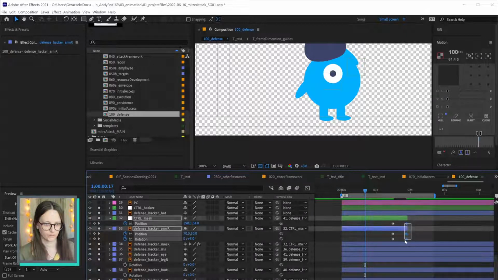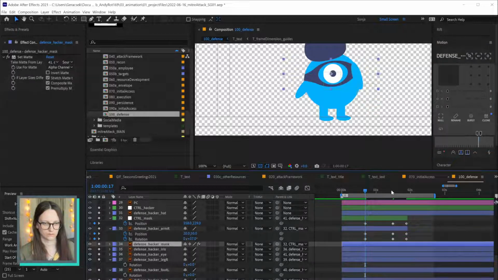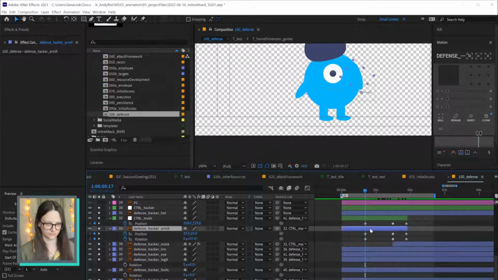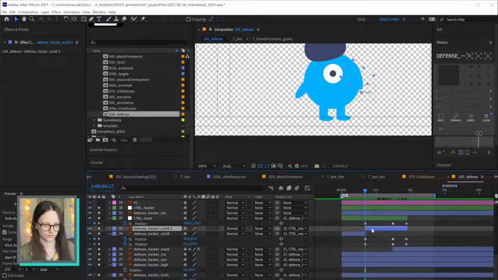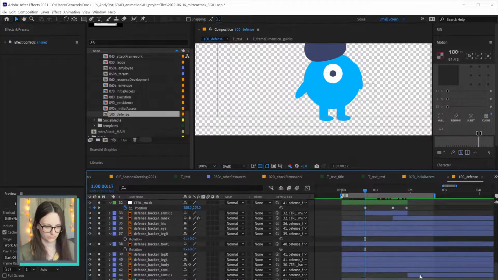So I will take these and I will use the clone feature of motion 3. And at this point we don't see a mask, so first it's going up. And also we need to cut this in half. So first we've got